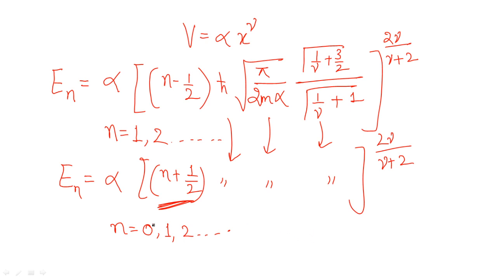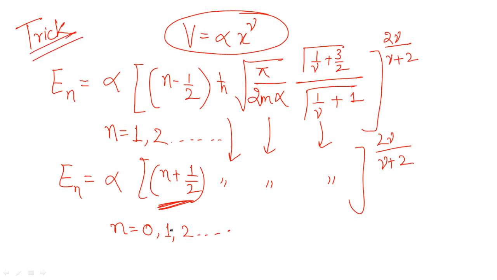Clear? Now, as per the question you are going to solve, if they have already mentioned the n values, you have to be careful about which formula you use. If the potential expression is given in this form, then you can use any of these energy expressions. This is a trick which will help you get the complete energy expression as per the allowed n values, or even if you only want to find the dependency, it will help you in that case.